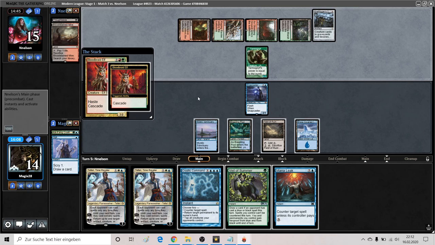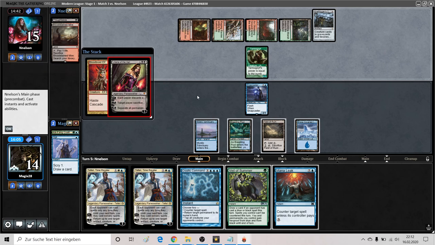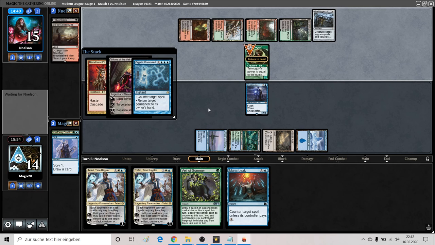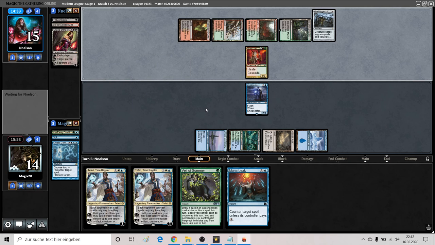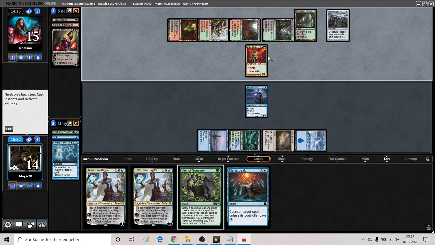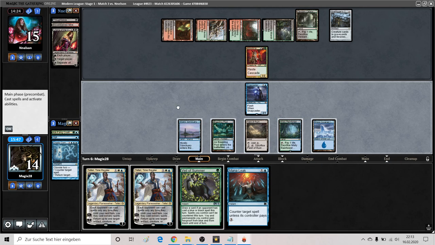So here comes the Bloodbraids. Feels awkward, but I have to gain some tempo here. Still hoping for a white source, maybe. Doesn't want to cash in this Bloodbraid. Okay. Finally a white source, so...